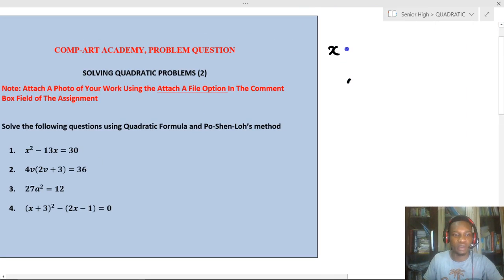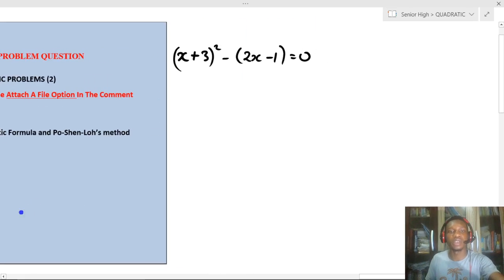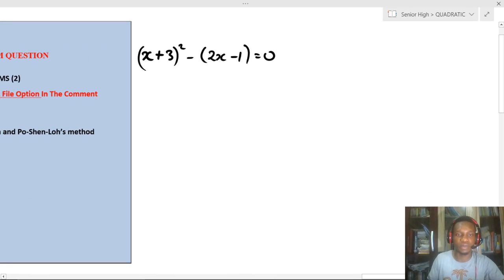x plus 3 squared minus 2x minus 1 is equal to 0. Okay, so let's solve this question. In solving this question, let me shift my board this way. In solving this, we have that